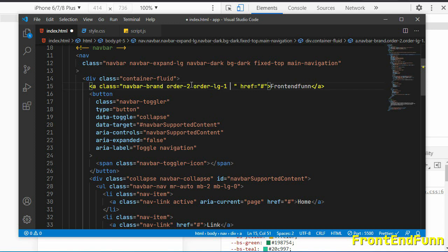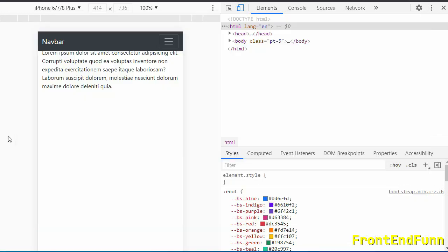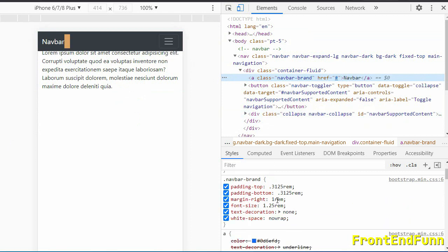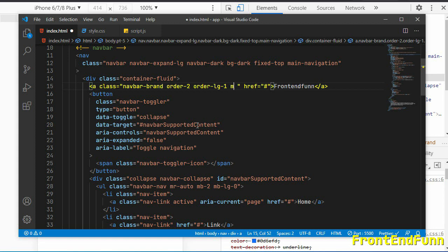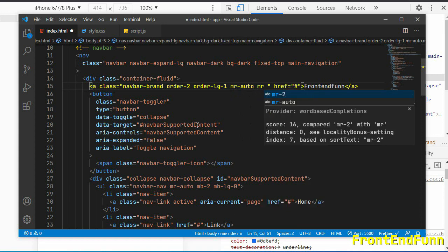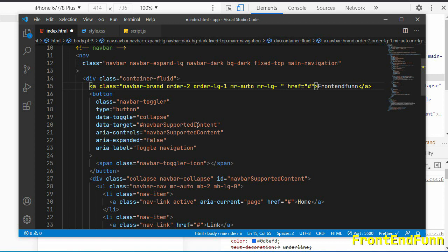Okay, so similarly we'll be having some margin on the nav brand. If I inspect here, there will be a default margin, as you can see, margin right 1rem. So I'll remove the margin by adding mr-auto. Okay, so making the margin right auto. Similarly on the large screens we want the margin, so margin right on lg is 3.